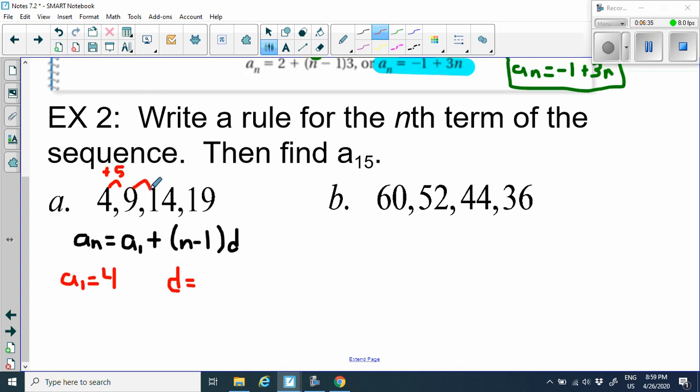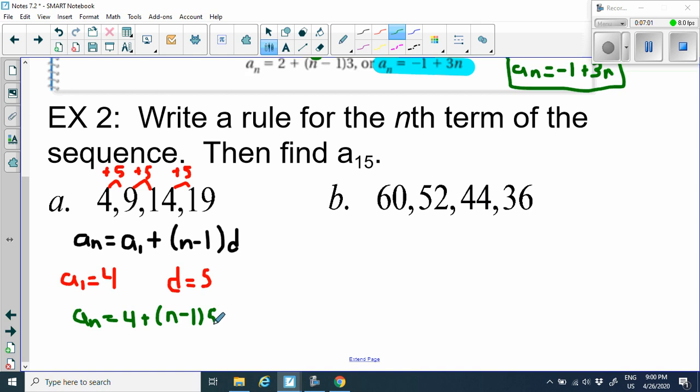And then 9 to 14, I added 5. And then 14 to 19, I also added 5. So it looks like my common difference is going to be a positive 5. So now I plug that into my formula. So I have a sub n equals 4 plus n minus 1, excuse me, times